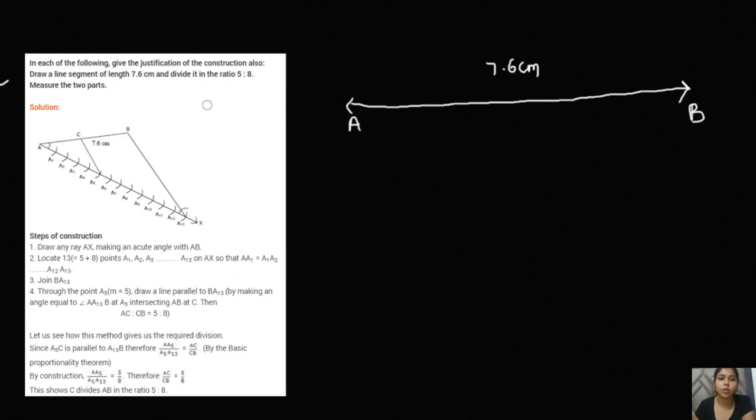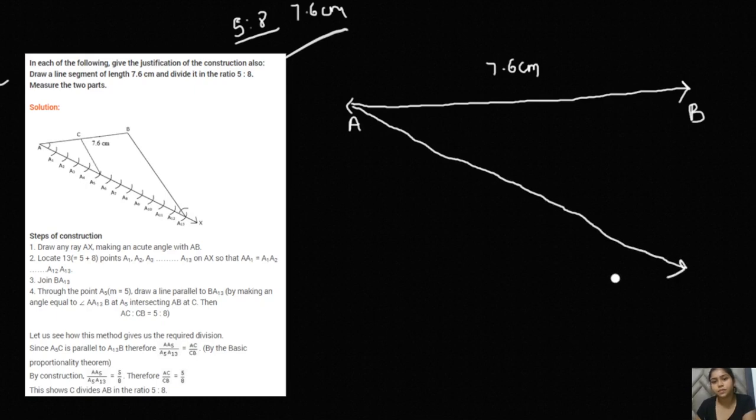Now the second step: we already know that whenever we draw this line segment, we have to divide it in this particular ratio. So our information is, this is the ratio and this is the line, this is all we have been given. We have to just divide it into the two parts and measure them, right? So first of all, we'll draw the acute angle. This is an acute angle. We will just draw it like this. So 5 plus 8 is obviously 13. We will take the addition and we'll draw this number of arcs. I'll just make it more extended so that I can make all of them 13, right?